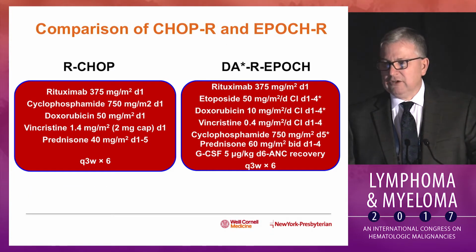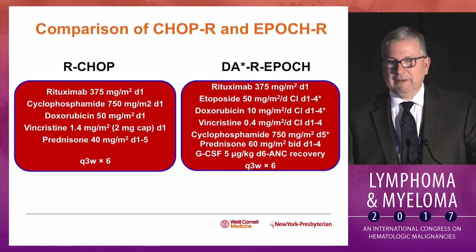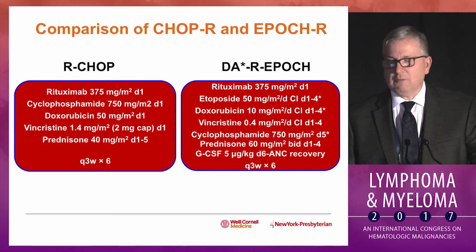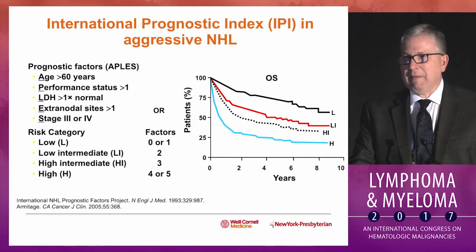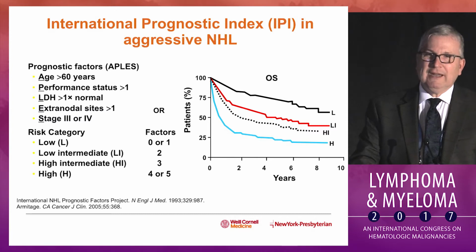I'll just remind you of dose-adjusted R-EPOCH and the differences, because we'll touch on it a little bit later. I'm sure Ann Lacase in the primary mediastinal situation will talk more about that, but dose-adjusted R-EPOCH is infusional, adds etoposide, and adjusts doses up and down with each cycle. That's been one area of investigation that we'll come up to. But just to remind you that just because we know that we have a problem